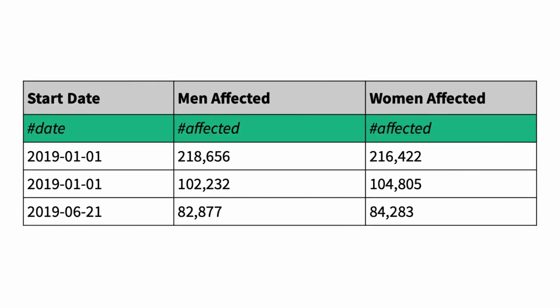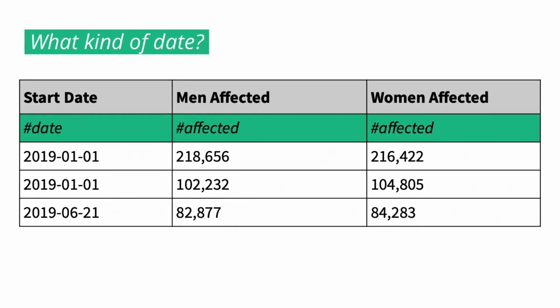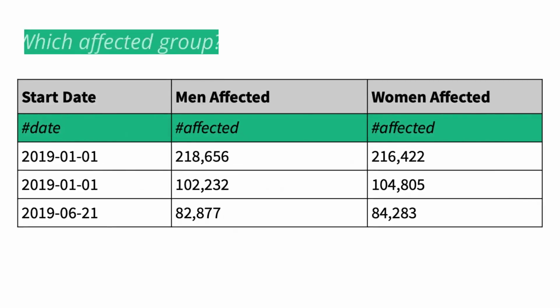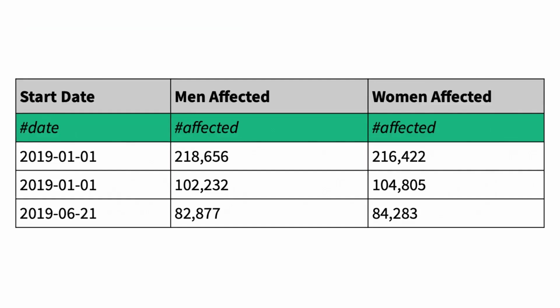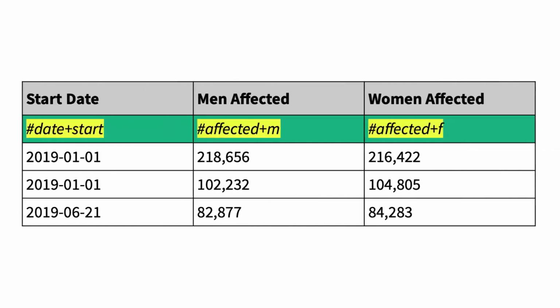Look at the hashtags date and affected. You might ask, what kind of date is in the column? Or, the column contains numbers for which affected group? Attributes can answer these questions. Adding the attribute start to the hashtag date tells us that the column contains start dates. Adding the attribute m to the hashtag affected tells us that the column contains numbers of men and boys affected